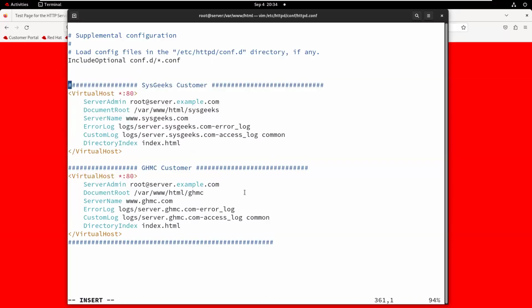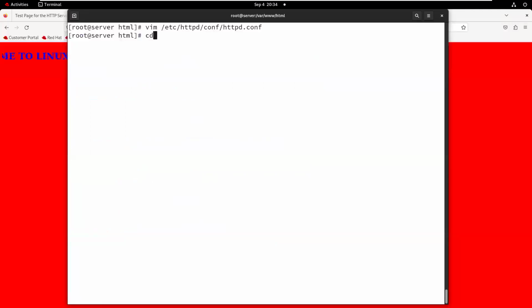Now, what is my next plan? I want to create a sysgigs folder and a GHMC folder in the location /var/www/html. So let me go to the location /var/www/html.